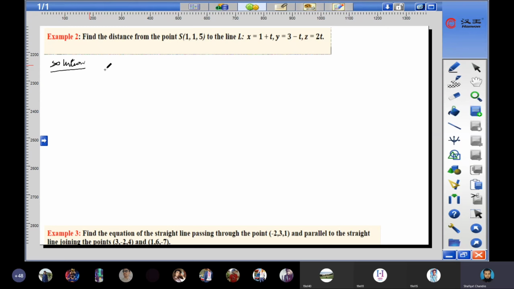So now from here we are given the point S (1, 1, 5). The line is given, and from it we will find the point. (1, 3, 0) — we found this from the line. How do we find it? You already know these numbers 1, 3 and 0, which are not present there. So that is actually called the point P through which the line passes. This is the point through which the line passes.